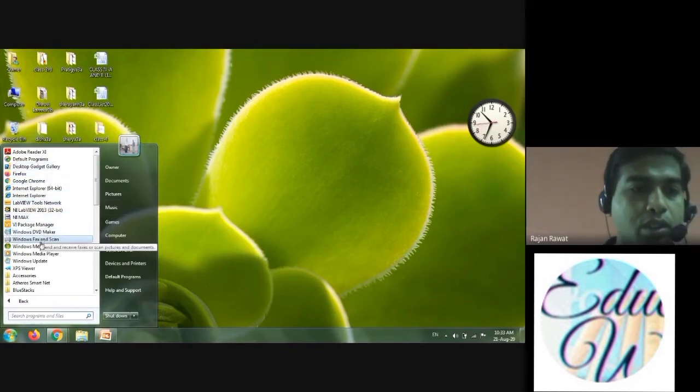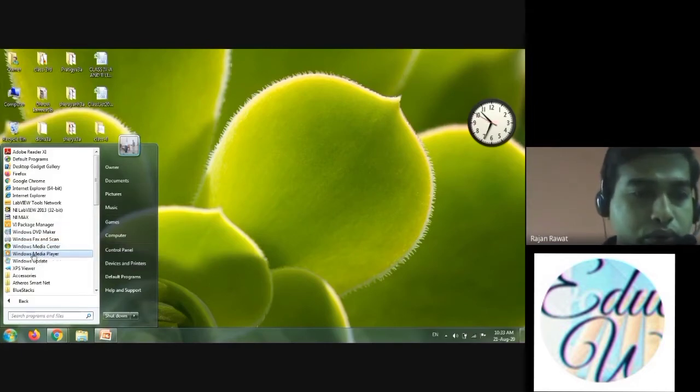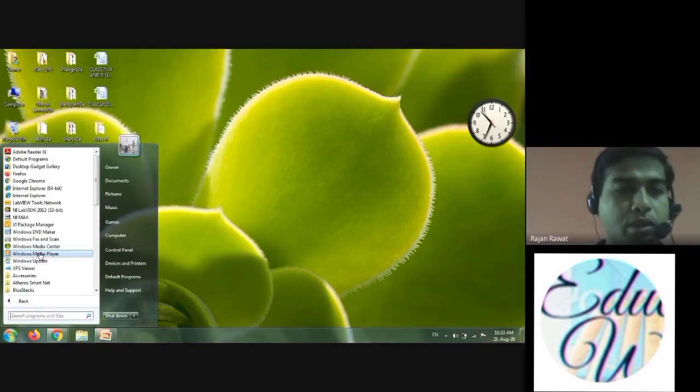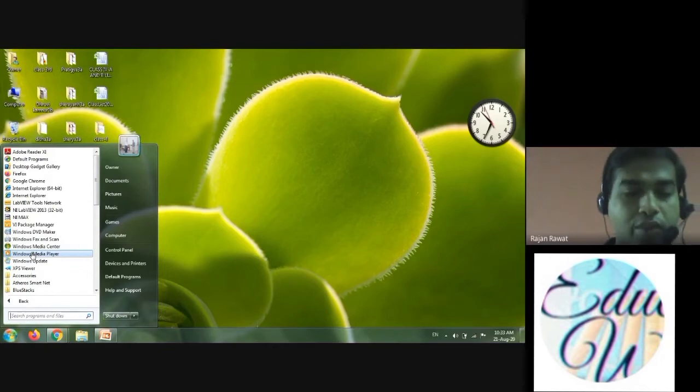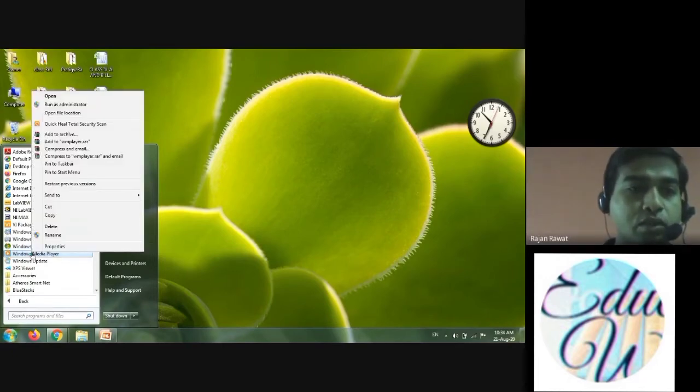Think that I want Windows Media Player on my desktop. So I have selected this application, Windows Media Player. Then you have to right click the mouse on this application, so I am doing right click. As you right click on this application, you will get one box, and in that you have to select send to.